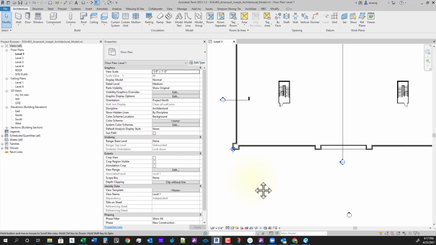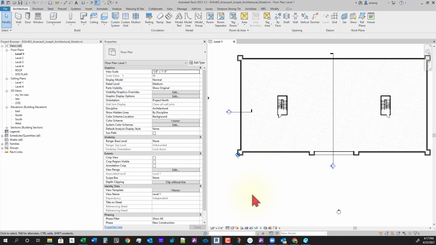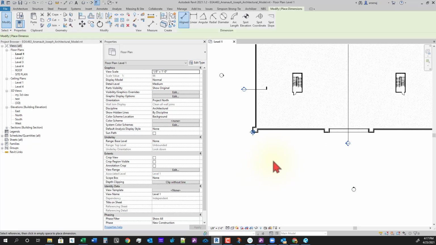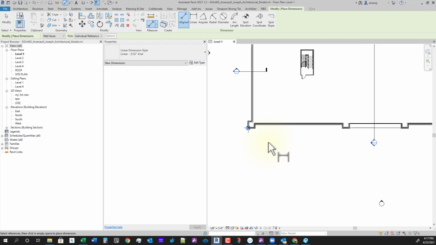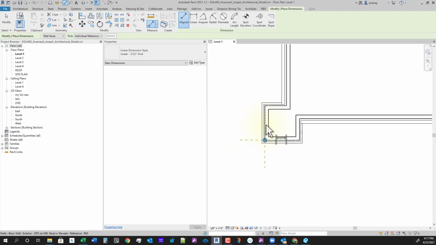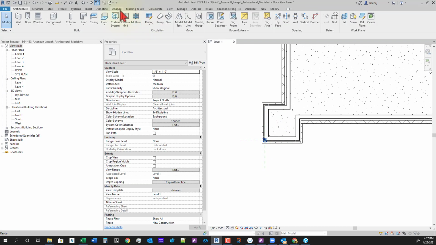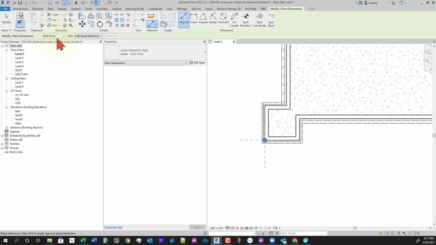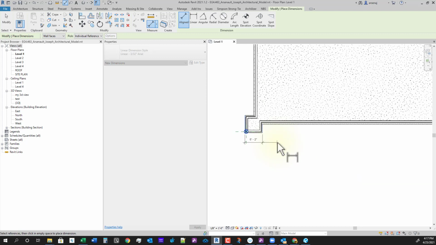Let's add some dimensions to our plan just to make sure that we all have the same dimensions. So let's start at this bottom left corner. You can go to your annotate tab, which is up here somewhere. Go to your line dimension, and you can change this to wall faces so that it's easier to select the face of the walls. And then let's just throw dimensions